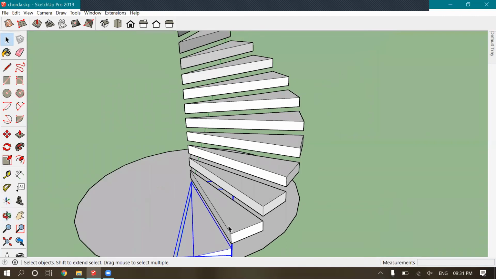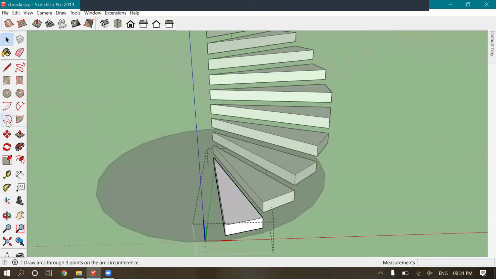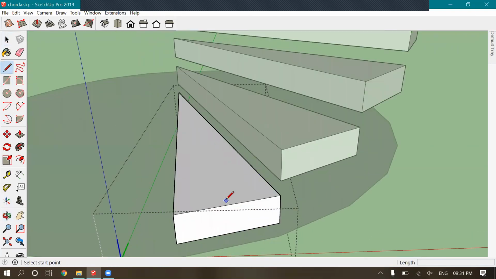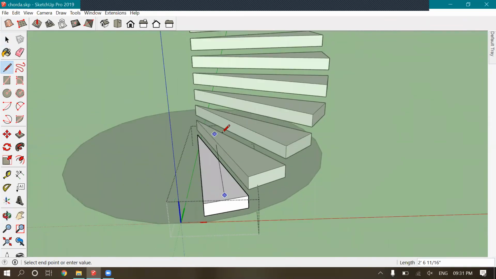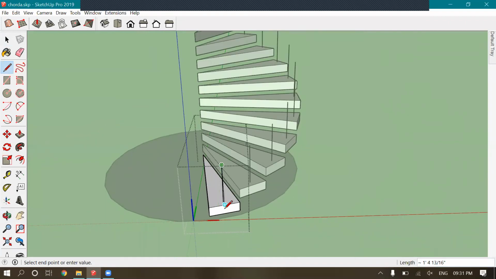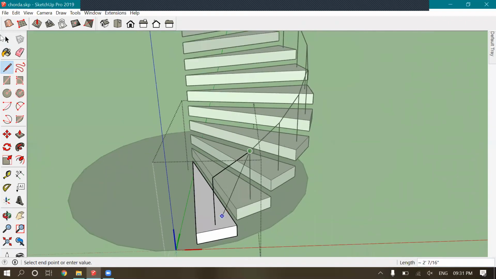And let's say we need to make a railing or something. Let's say we need from here. Let's say I need this one, then connect.